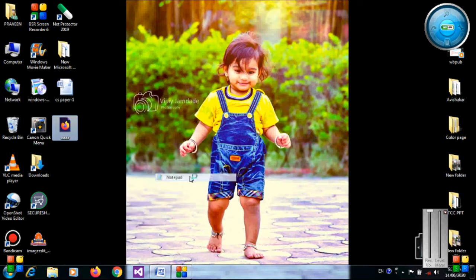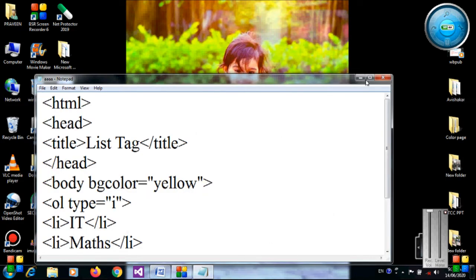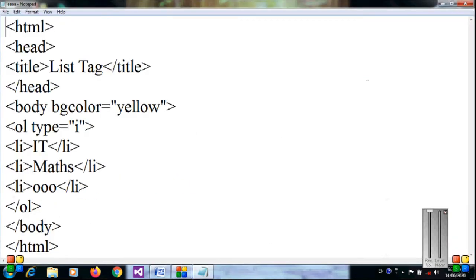Open with Notepad. Here I already created one file. So I'm going to start with HTML, head, title. I give the title of this page, list. Head tag close, body tag open. BG color is the attribute of body tag and the value set for that is yellow.